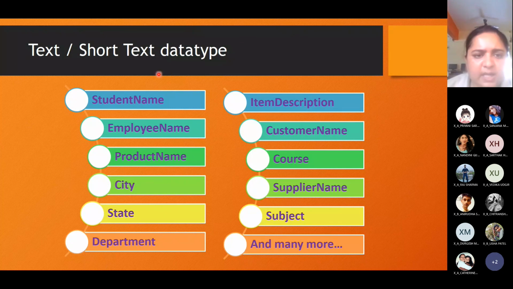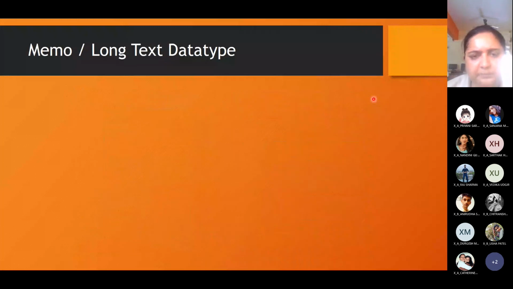It involves alphabets as well as alphabets combined with digits, and special symbols like @ symbol, hashtag symbol, percentage symbol, comma symbol. All punctuation marks or special characters which you see on your keyboard come under alphanumeric data.